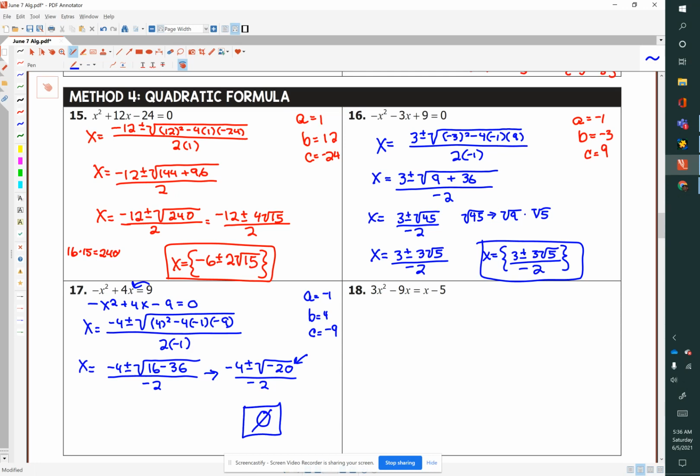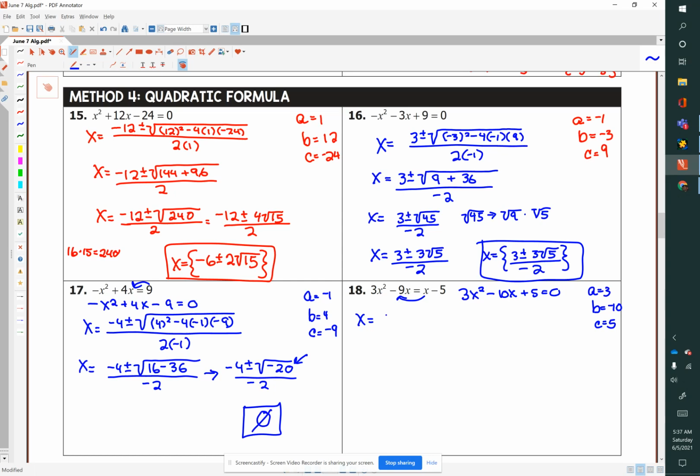And then number 18, we need to move x over. So we'll be subtracting x from each side. So that'll be a -10x, and we'll be adding 5 to each side. So that'll be a +5. So let's rewrite this problem as 3x squared minus 10x plus 5 equals 0. And our A value is 3. Our B value is -10. And our C value is 5. So let's start making our substitutions. X equals,